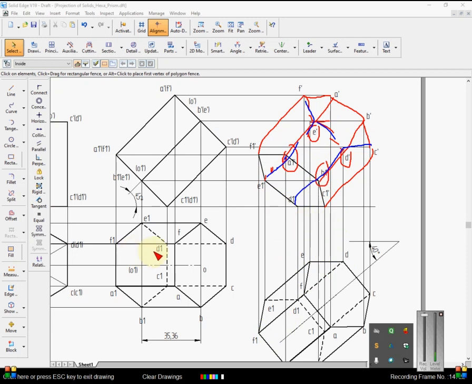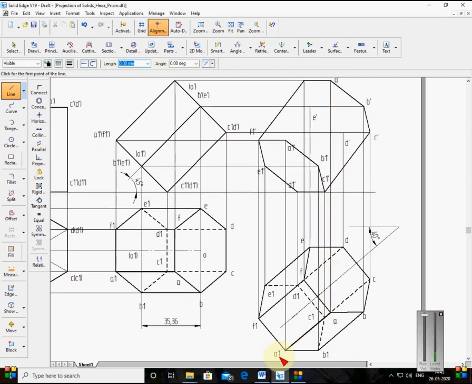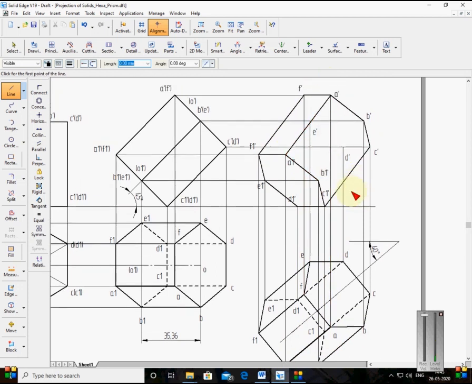Now I'll show here once again. First I'll join the borders, 0.7 thick. C1 dash, C dash, end points. C dash, B dash, end point. B dash, A dash, end point. And F dash, F1 dash, it is end point. Now, as I told you, A1 and B1 are near to the observer. They are completely seen. B1 is seen and A1 is also seen because corner A1 is seen. That's why A1 dash, A dash is seen, and B dash, B1 dash is seen.